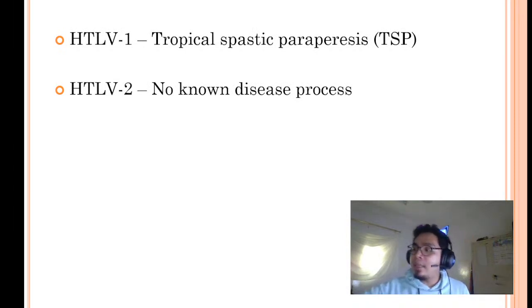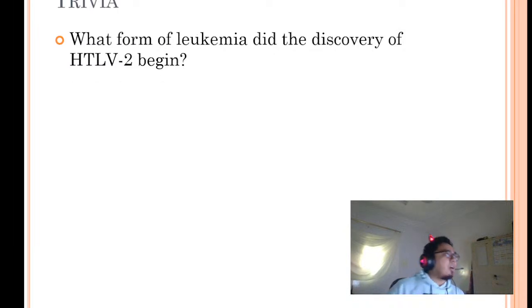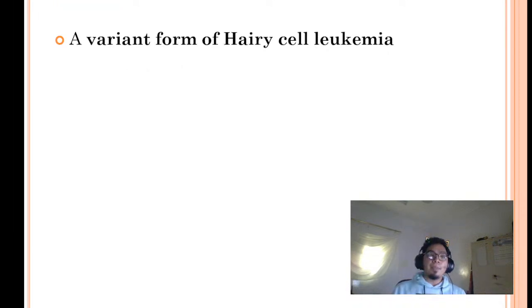It just causes the inactivity of your T lymphocytes, or rather a decrease in the number of T lymphocytes. Now, trivia. What form of leukemia did the discovery of HTLV-2 begin? It's actually a variant form of hairy cell leukemia. Okay? And you will see this most of the time when you're studying about leukemias. HTLV-1 and 2 are usually associated with leukemias, especially hairy cell leukemia. So if it's not going to be asked here in microbiology or virology, it will be asked in your hematology